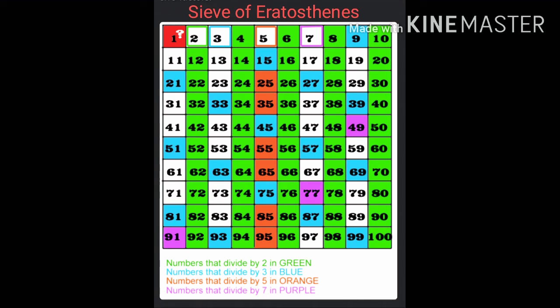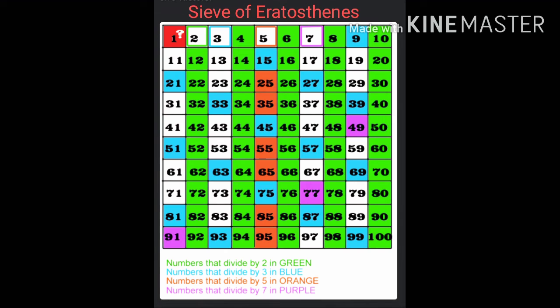Clear? Now we will learn a way to find the prime numbers between 1 and 100. There was a Greek mathematician named Eratosthenes who lived in the 3rd century BC. He discovered a method of finding prime numbers by sifting away all the numbers that are not prime. And this method is called the sieve of Eratosthenes. Okay, how are we finding it? First, we remove 1 because it is a unique number. It is neither prime nor composite.